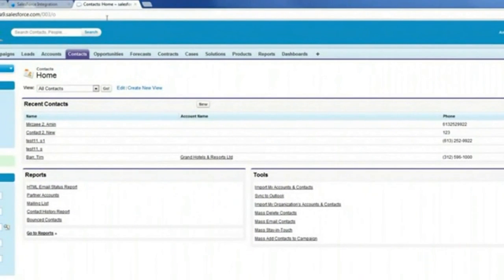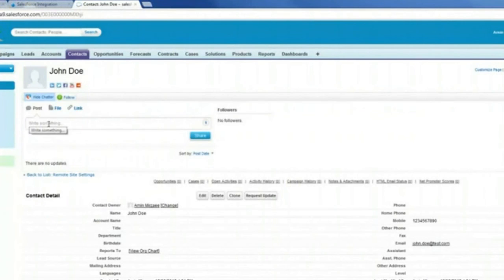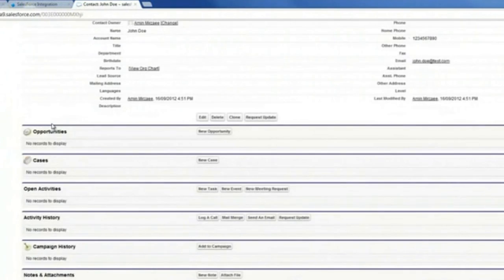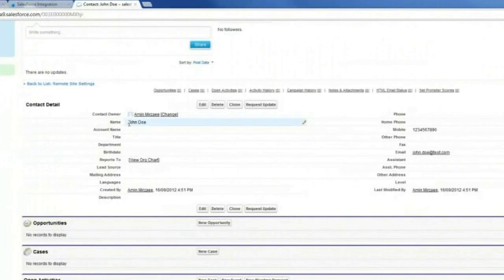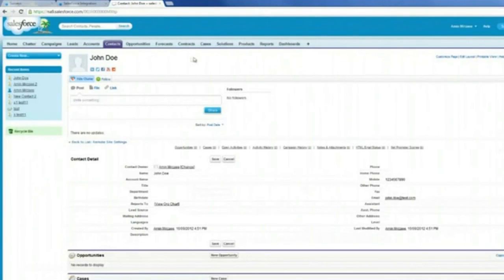Here in my SalesForce screen, I can hit contacts, and it'll show me a list of recent contacts that have been added. If I select John Doe, I'll notice that the information that I entered has now been populated into this page. For example, John Doe as a name, the email address, the phone number, it's all here. With this integration, the software is smart enough